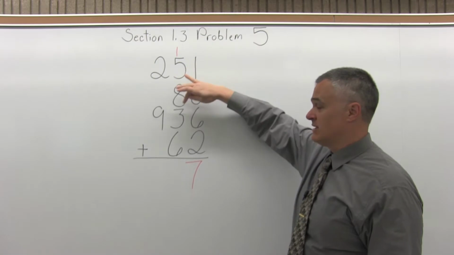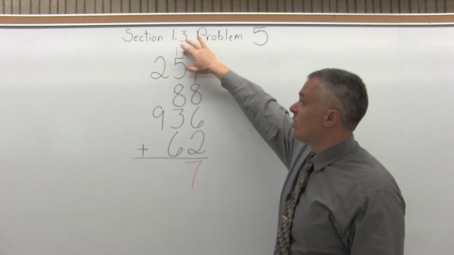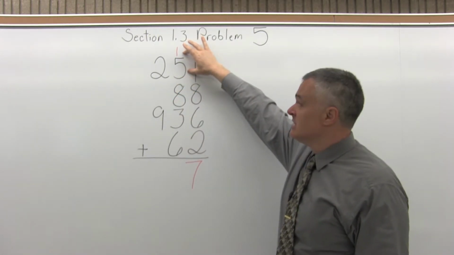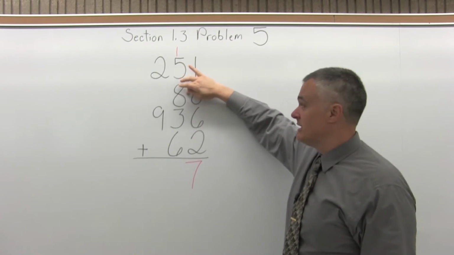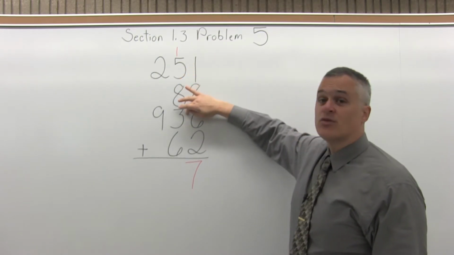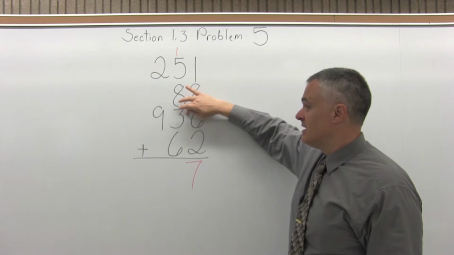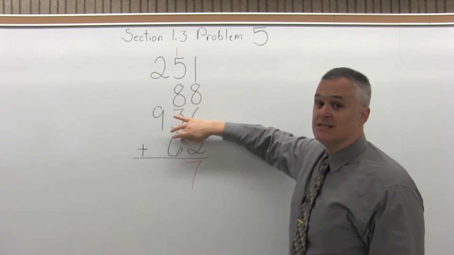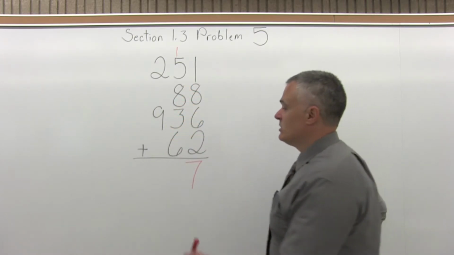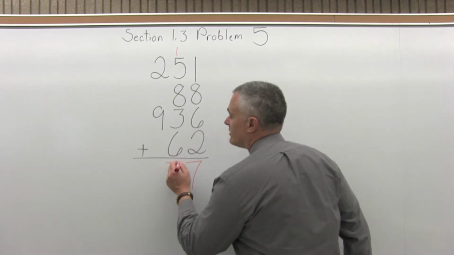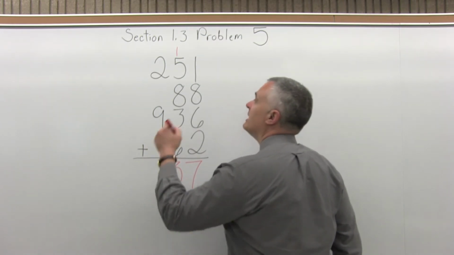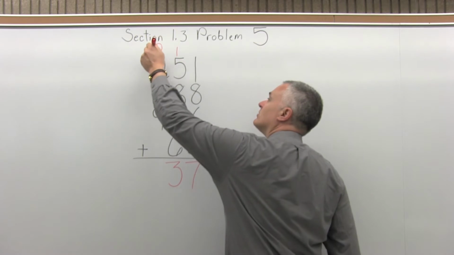1 plus 5 plus 8 plus 3 plus 6. So 1 plus 5 is 6. 6 plus 8 more is 14. 14 and 3 is 17. And then 17 and 6 is 23. So for 23, we write the 3 from the 23, carry the 2 from the 23 to the top of